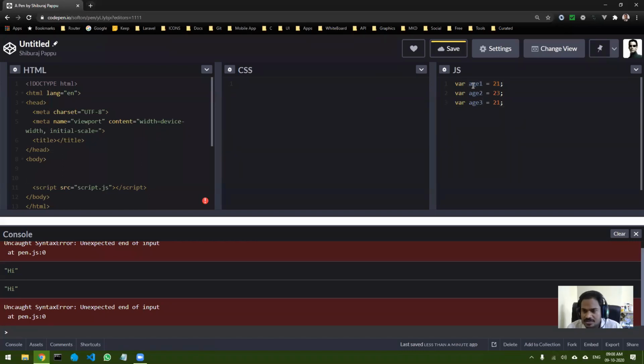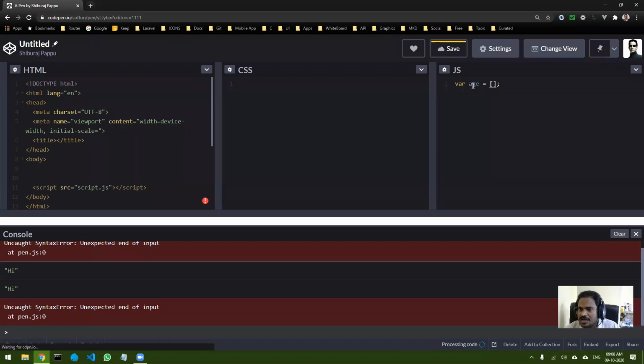So what we do is we instead declare a variable called age, and then we convert that age to an array. Now, how do we do that? It is very simple. You just declare a variable like we normally do, and then instead of assigning 21, we use square brackets.